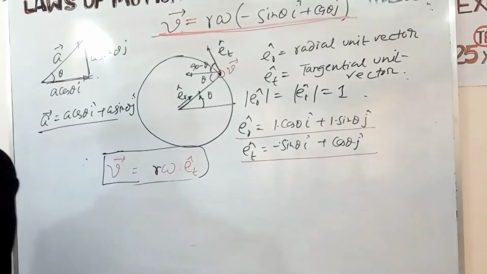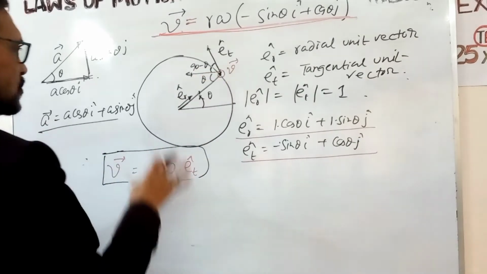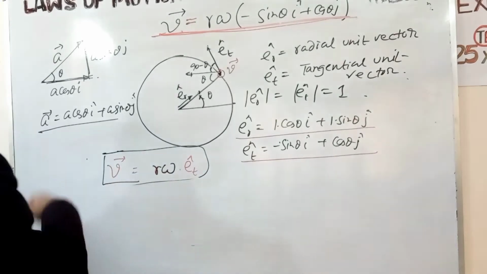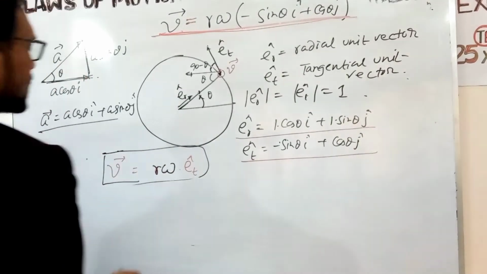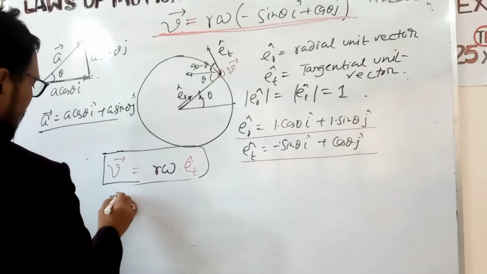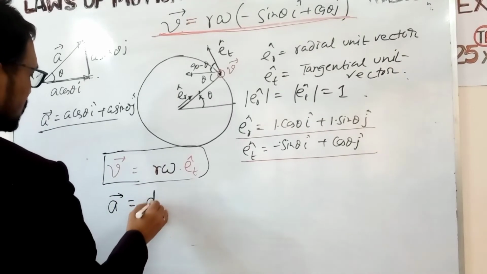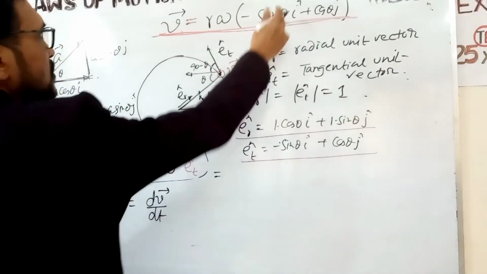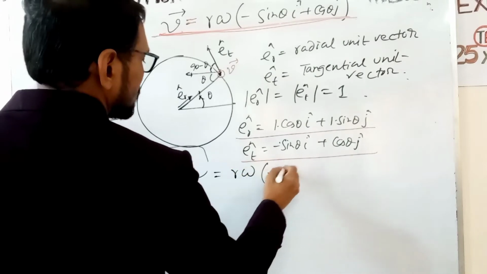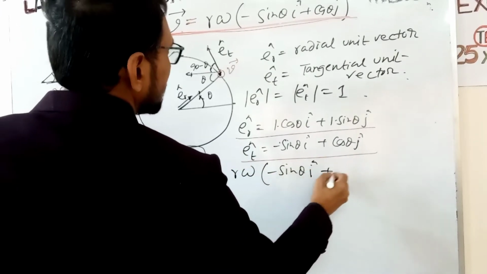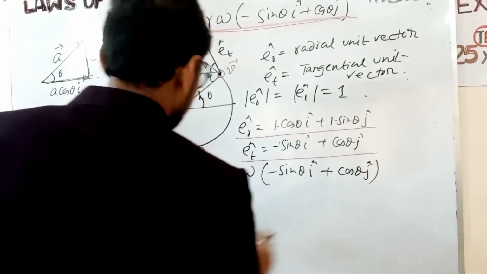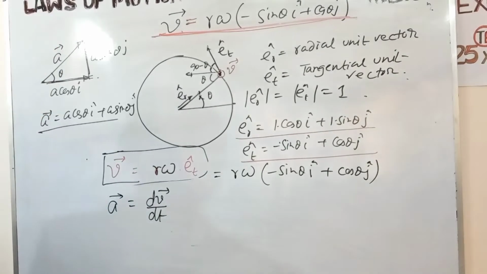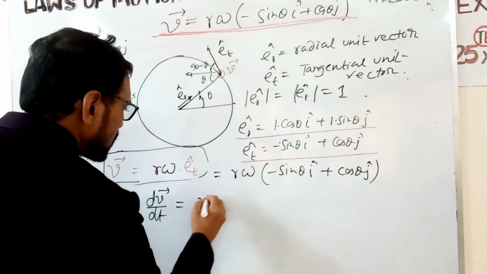Now we calculate the acceleration of that. We get the velocity. First I discuss the general condition, next the special condition will be discussed. Now what is the acceleration of the particle? Acceleration of the body, a equal to dv by dt. So velocity equal to what? Velocity equal to r omega into, so what is the acceleration? dv by dt equal to acceleration.